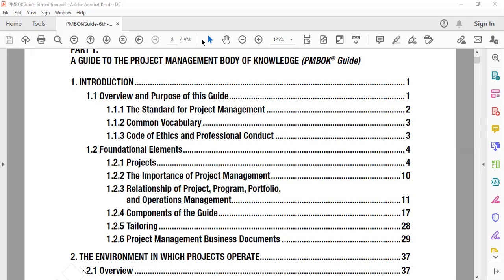Why can you not perform all the processes? The first thing is that every project is unique. The second thing is that if you have experience, you can tailor multiple processes in order to reach the goal earlier than previously. But to perform tailoring, you should have strong knowledge of your domain so you can tailor accordingly. If you don't have strong knowledge, you cannot tailor appropriately.